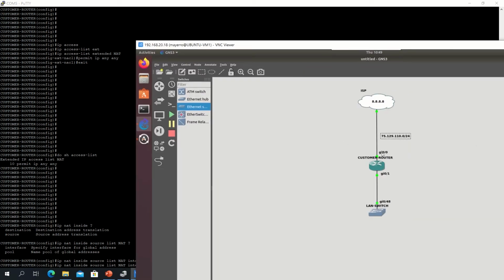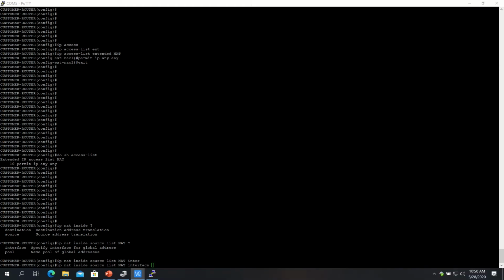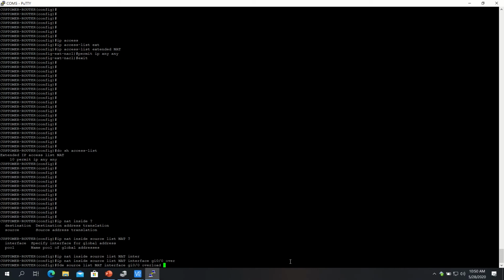Interface gigabit 0/0, which is where our WAN IP is going to be. And then overload. The overload command says, well, let's say you didn't configure overload. What's going to happen is you're going to have one translation and then nothing else is going to be translated. So by saying overload, you're basically saying, hey, overload all of these private IPs to this one